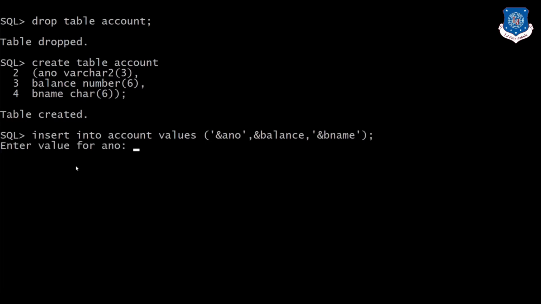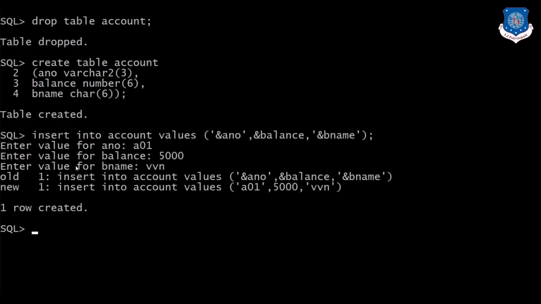Now we will insert a record. And we will insert one or two records more.